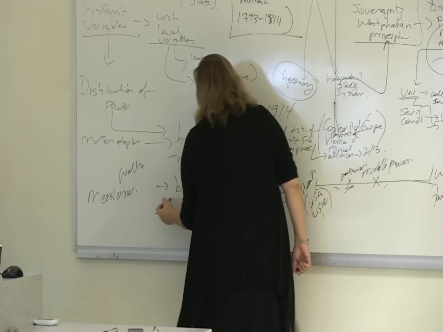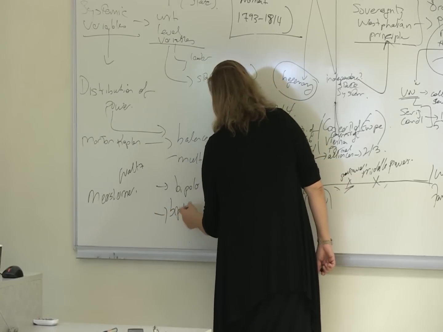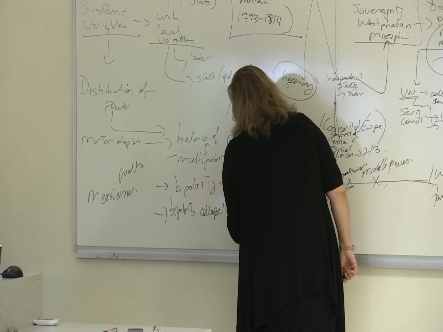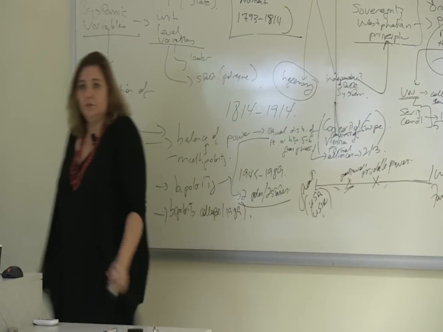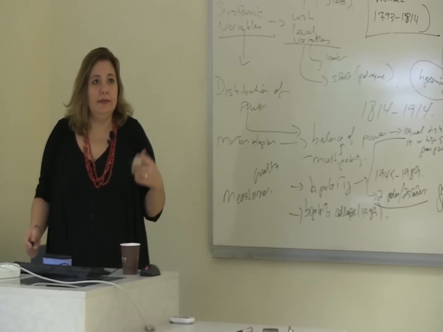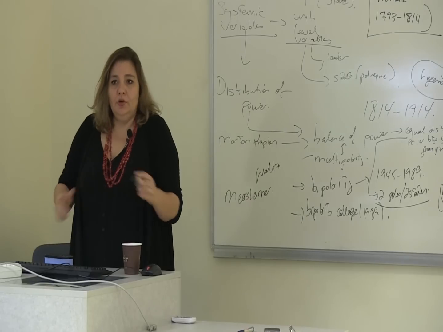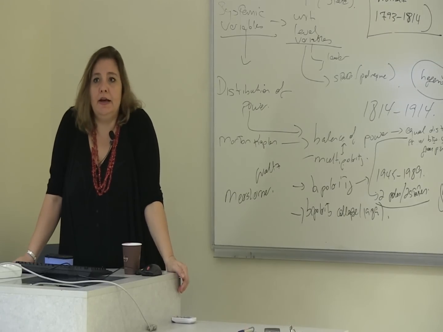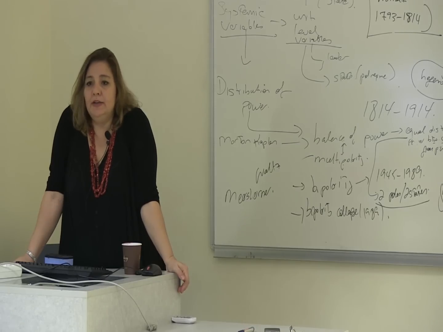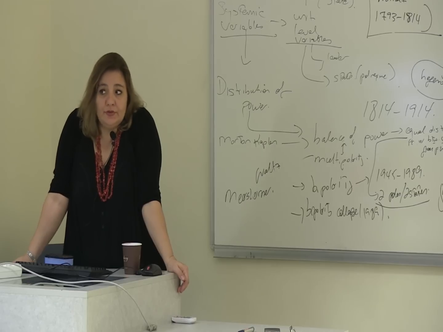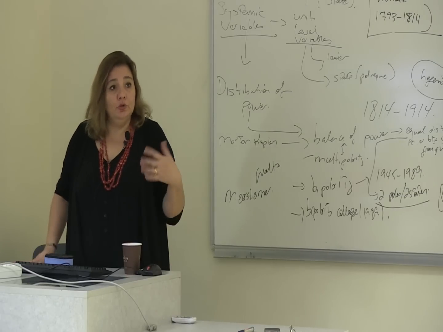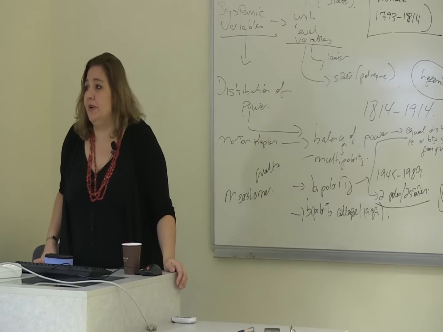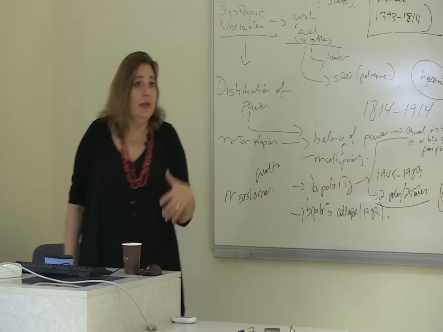Now, how did bipolarity collapse? What happened in 1989? The Soviet Union began to dismantle. It became much weaker. Part of the reason for the weakness of the Soviet Union was that it could no longer keep up the arms race it had, specifically the nuclear arms race with the USA.